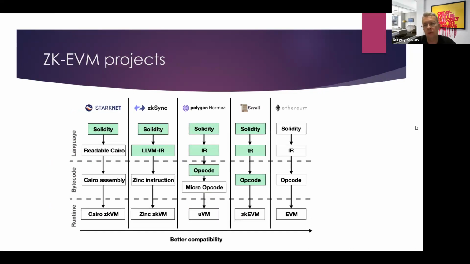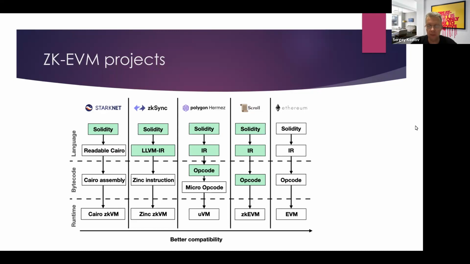If you look on the right side, we have ZK-EVM smart rollups, which are completely compatible with Ethereum. So Scroll is the closest one. Today we have one more ZK-EVM rollup, which is Polygon ZK-EVM, which is not Hermes. And then we have Starknet, which is maybe a type 3 or 4 ZK-EVM, and zkSync, which is the second one. So here you see that on the runtime